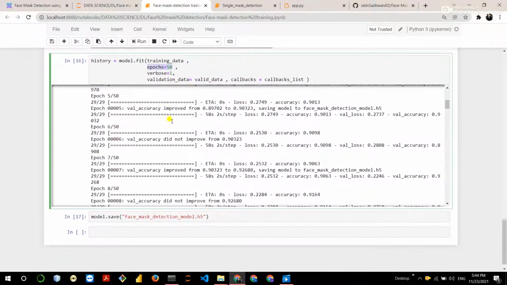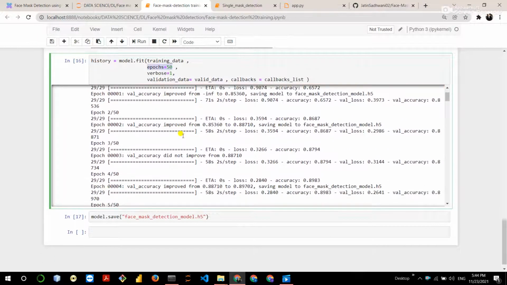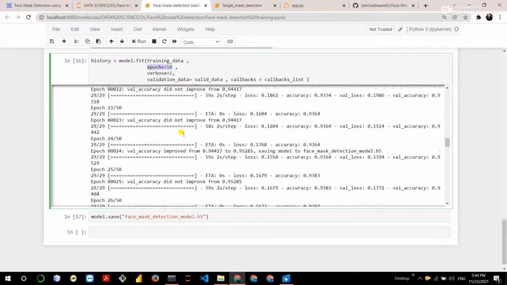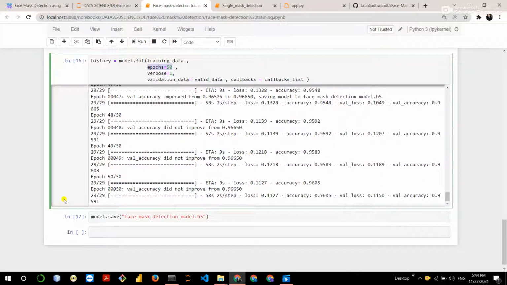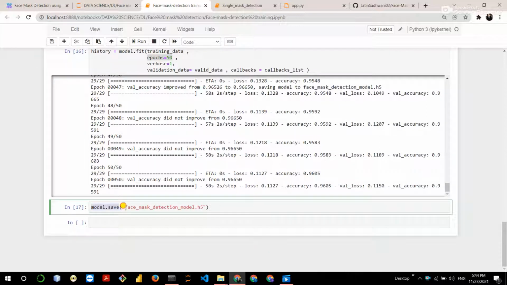Now you can see the training is done for the 50 epochs. After this, save the model with the name face_mask_detection_model.py file. After saving the model, I got 96% accuracy for the training as well as validation.